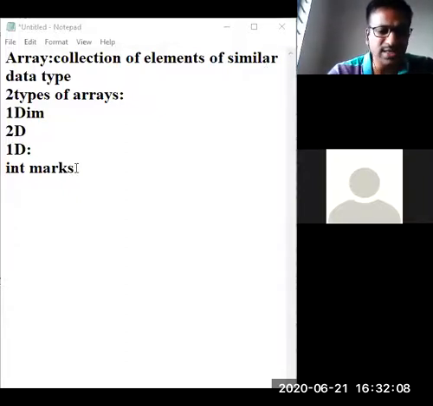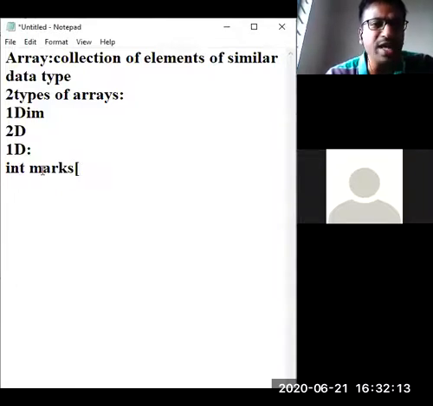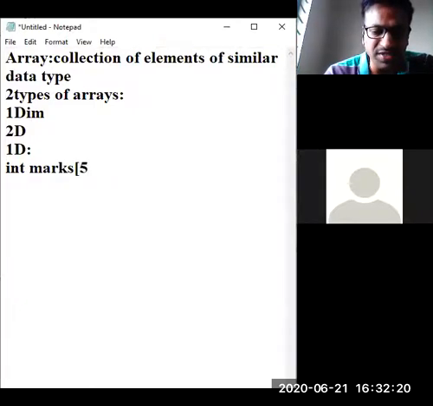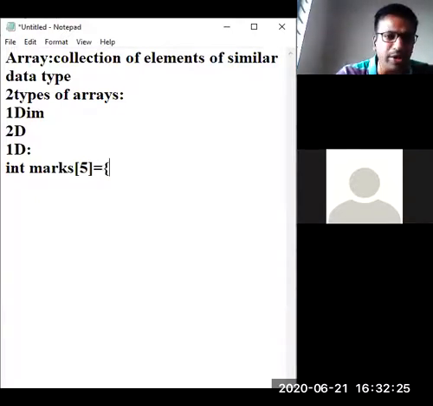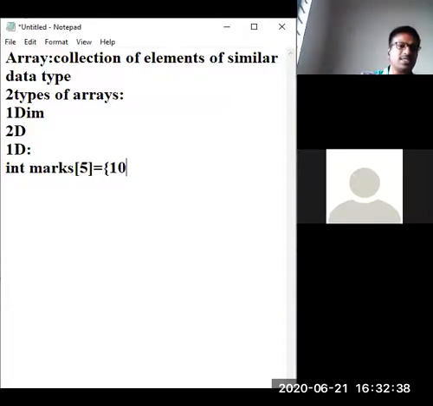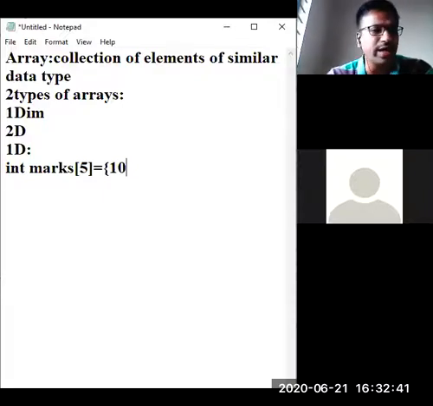So int marks, this is a way to create an array. See, first data type, then name of the array. I will write each and everything. Name of the array. Let me give size as, say, 5. 5 is the size which I have given for the array. And these are the elements which I am putting in braces. First element residing inside the array name marks, I am just putting 10. 10 is an integer, allowed. Don't give decimal values, it won't consider because we have chosen the data type as int. And name of the array is marks.